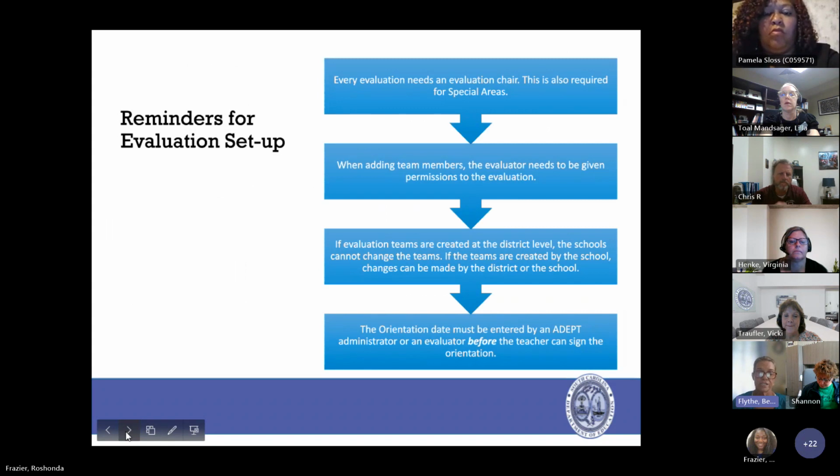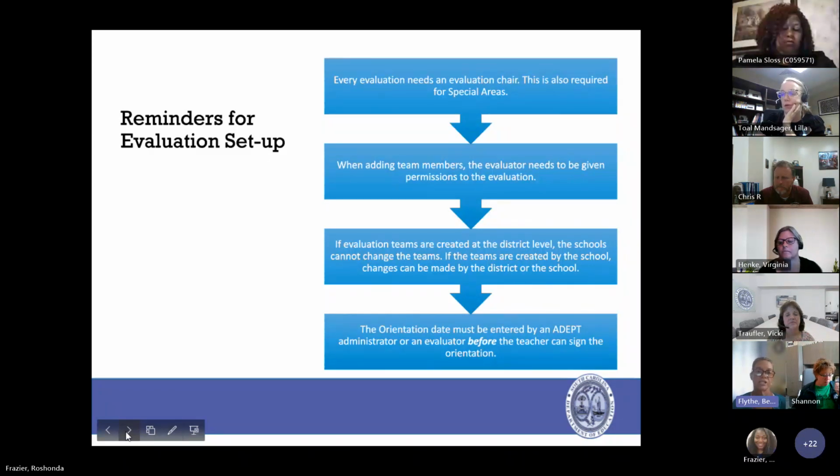Reminders for evaluation setup. If you're the person responsible for setting up those evaluations, every evaluation needs an evaluation chair. This is also required for special areas. When adding team members, the evaluator needs to be given permissions to the evaluation.